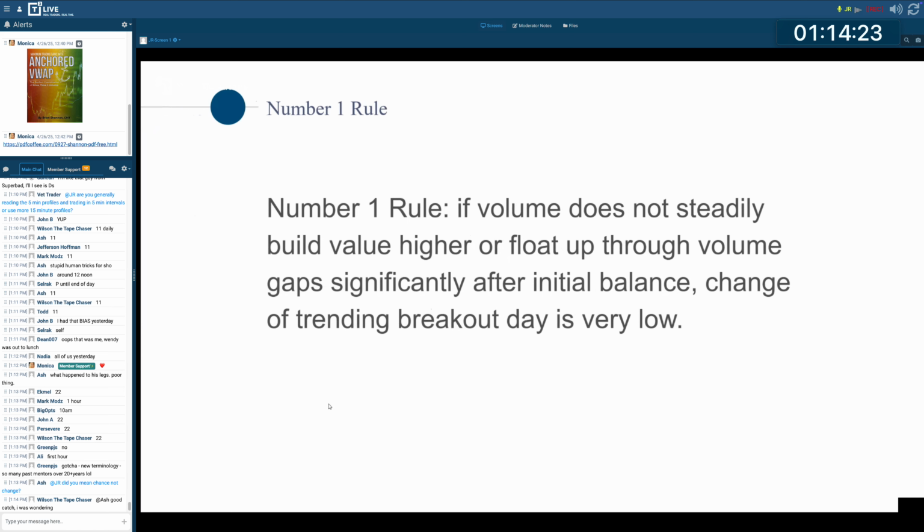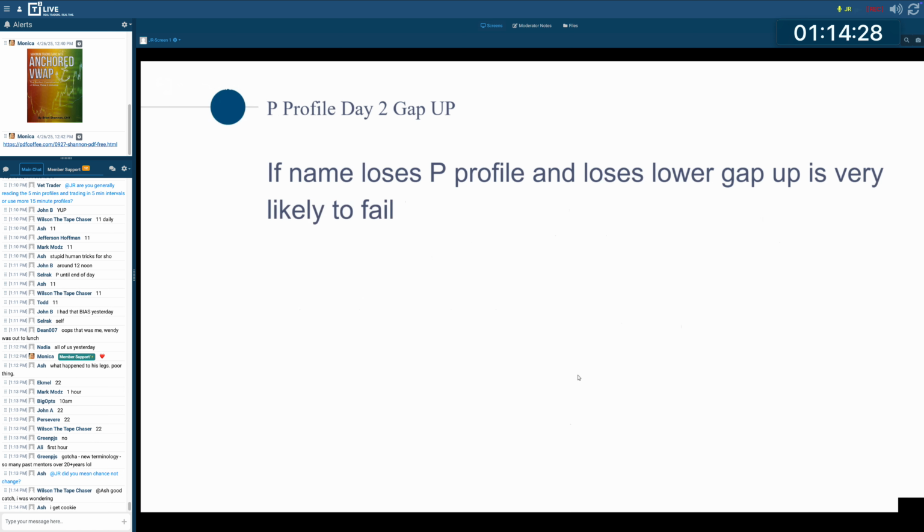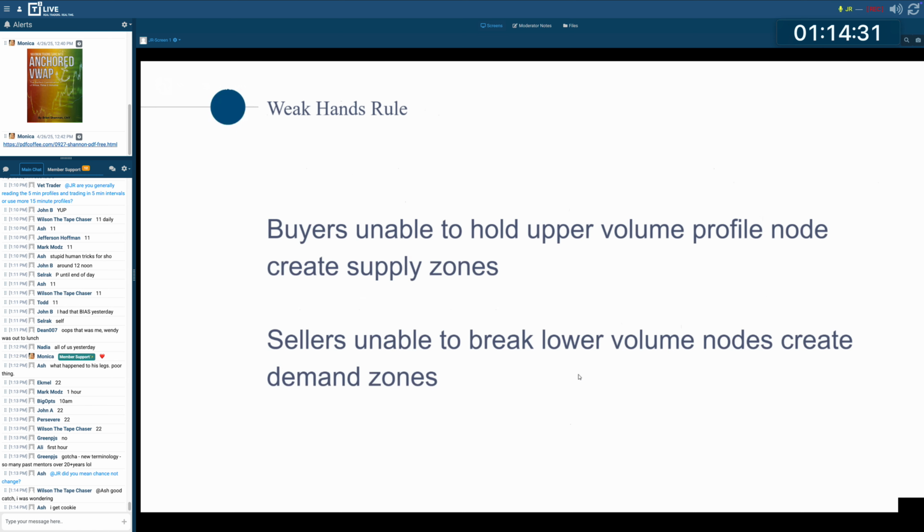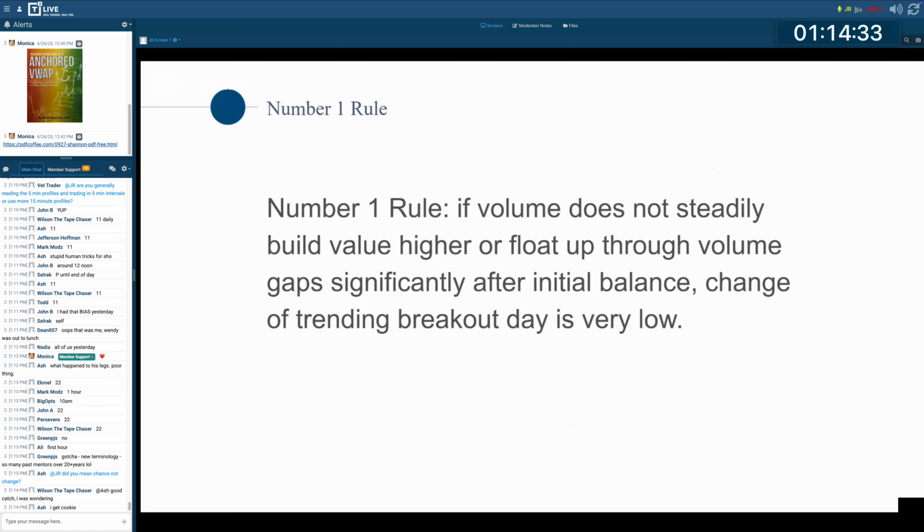So what does that mean? Okay. So oftentimes you'll have an opening drive. And this is 9:30 and this is 10:30. And oftentimes, you'll build a nice P shape here into that high. And what you'll see in the price action, what this typically begins to show up